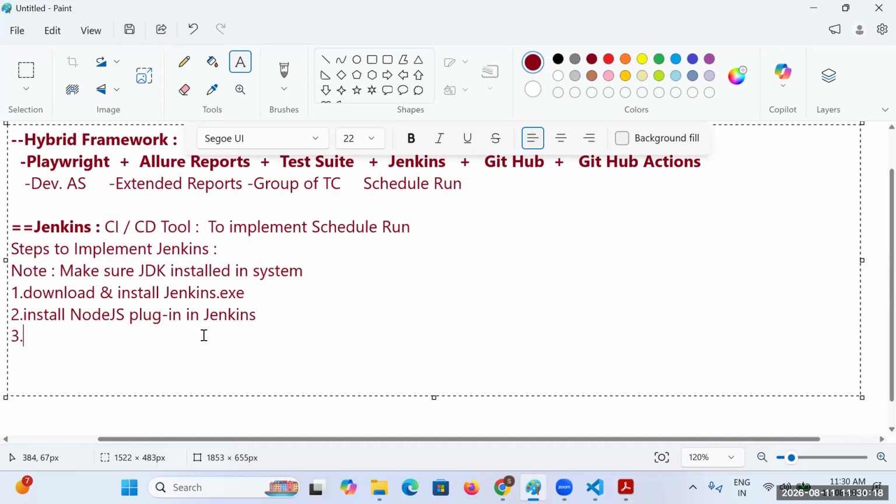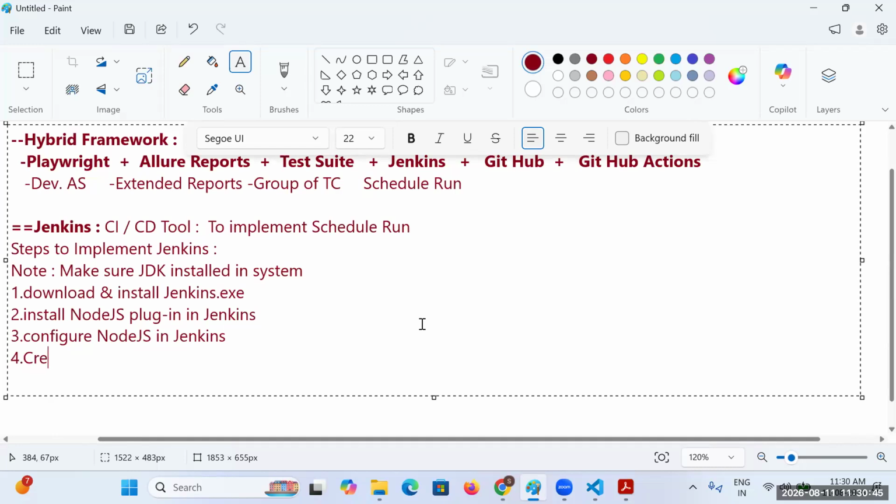Okay. After that, the next step is to configure Node.js in Jenkins.